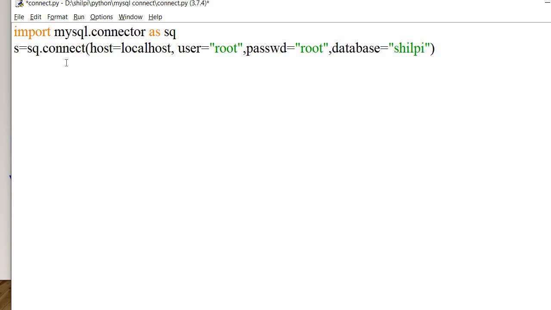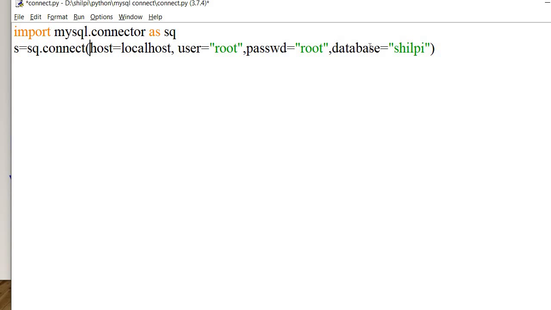So basically this method can be used to connect MySQL and Python. It has 4 parameters. The first one is host name. In our case this is localhost, that is, it will be accessing the database from our PC. The second thing is user. I already told you by default username and password is root, so I have not changed it, and I will be using the same thing. Database, from where we have to take the table data, that is from Shilpi, that is my name. I created a database of my name. So all these things you have to mention here.